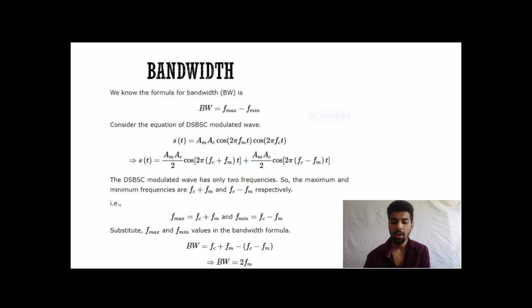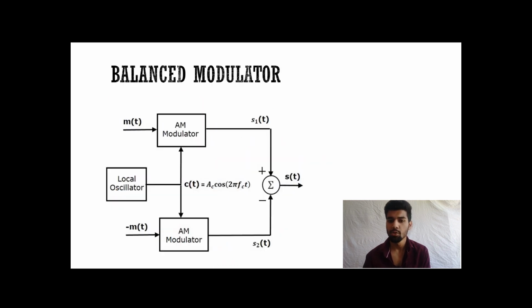Now Fmax is equal to Fc plus Fm and Fmin is equal to Fc minus Fm. The bandwidth will be Fc plus Fm minus Fc minus Fm, that will be 2 Fm. Now for the generation of DSB-SC, we came across two ways, that are balanced modulator and the other one is ring